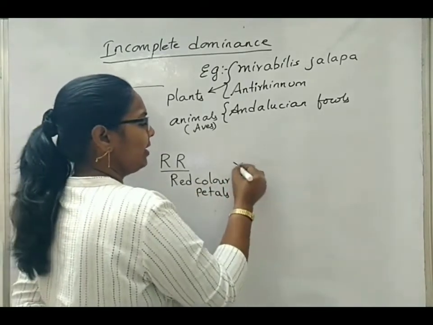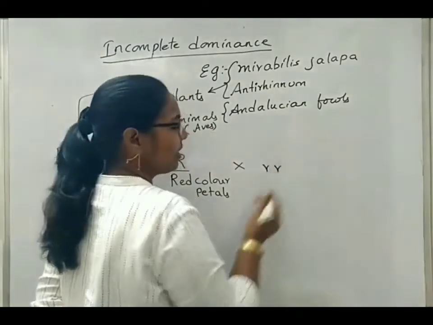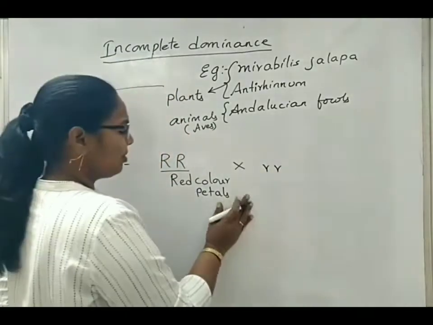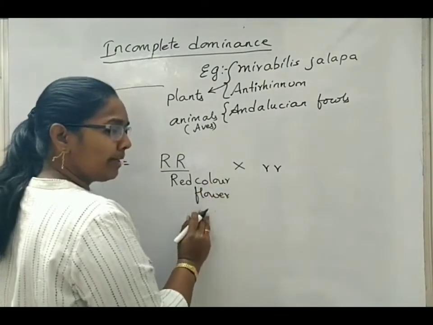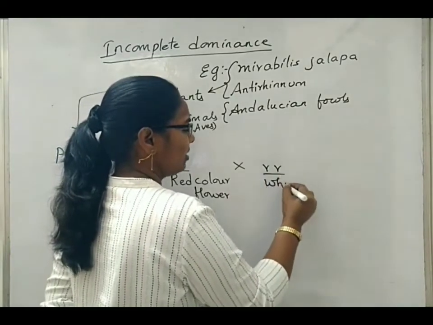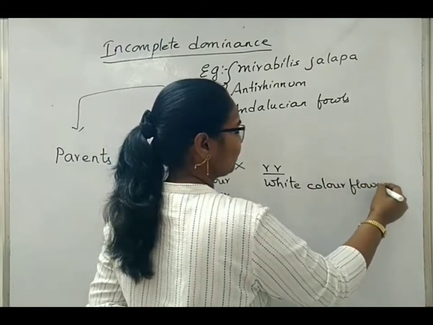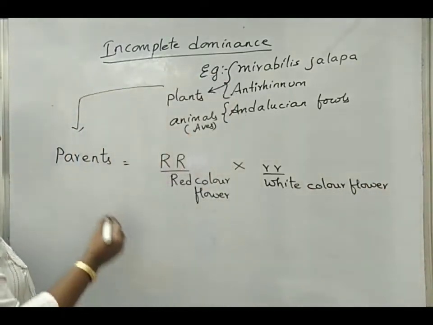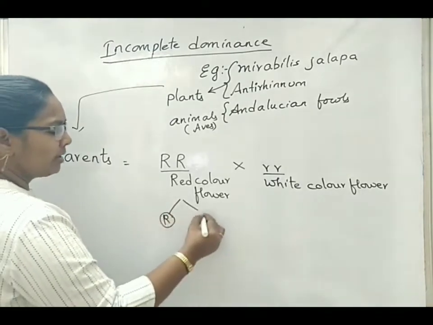Now, when it is crossed with the recessive one, that is represented with small alphabets, we can also call it as red color flower also, because mostly we will see the petal colors red in color, so that I have written here. This is considered as white color flower. Now, when these both are crossed after obtaining of gametes,